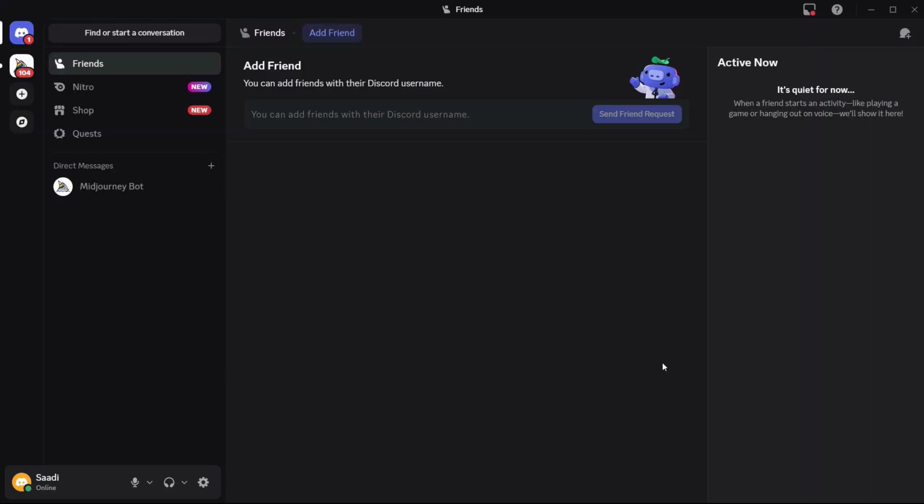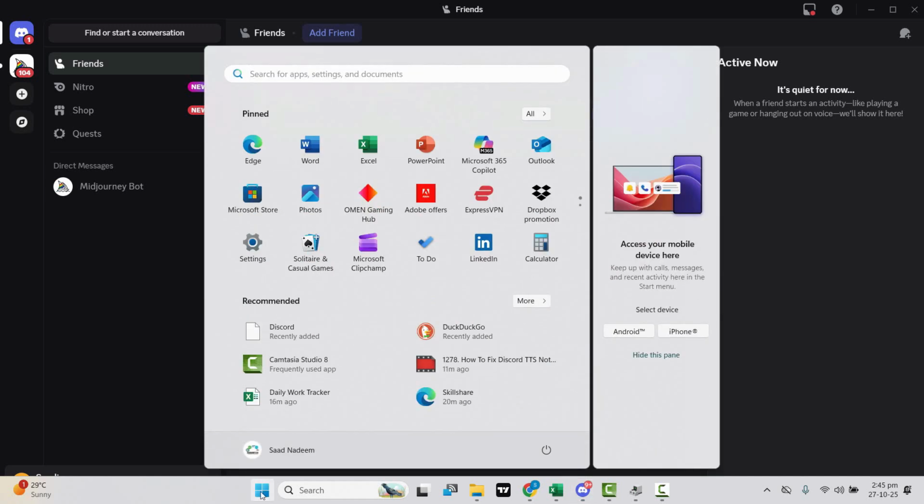In this video, we are going to see that if you are unable to download the Discord setup and it says installation has failed to extract the installer, no matter whatever browser you are using, here's a quick fix for you. So first of all, if you have Discord already installed, it might cause you some problem to